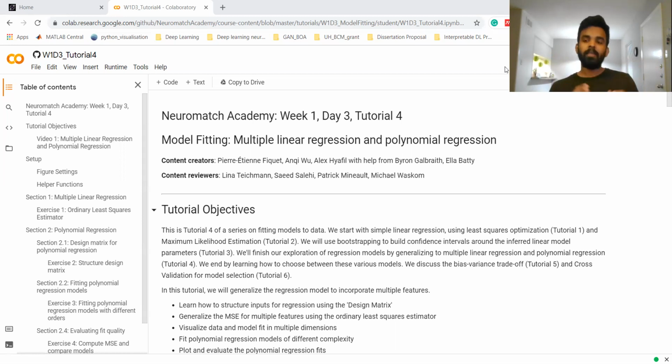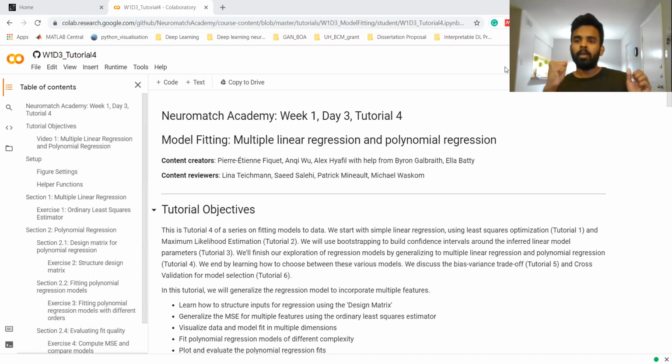Now, in the context of the retinal ganglion cells that we are modeling right now, we are trying to see how this particular cell, which is very sensitive to light, how the different properties of the light change the spiking activity of the cells. Take for example, you have a visual stimulus whose contrast you can change. Your contrast is your independent variable, and the spiking activity in your cell would be your dependent variable. We're trying to see how the contrast change would change the spiking activity in your particular cell. To model this relationship, we can use a univariate linear regression model because there's only one variable, which is your contrast.